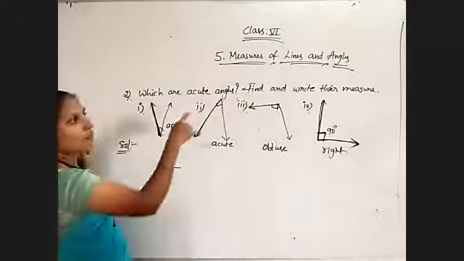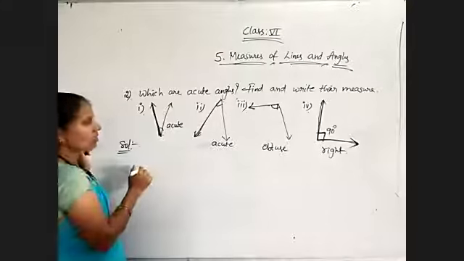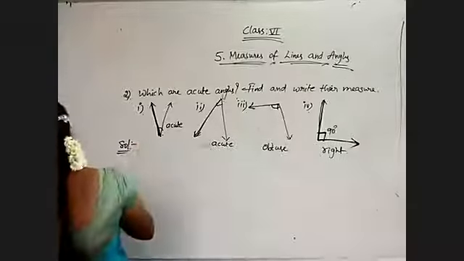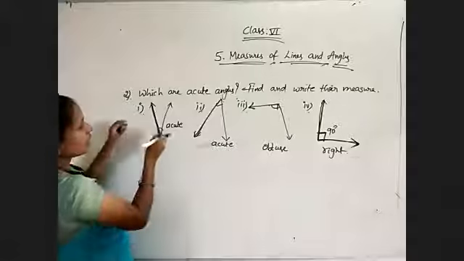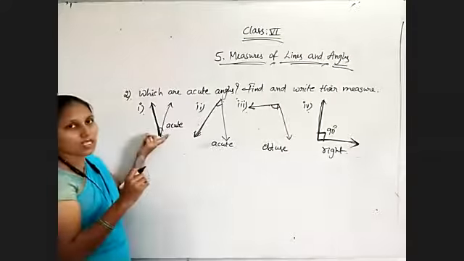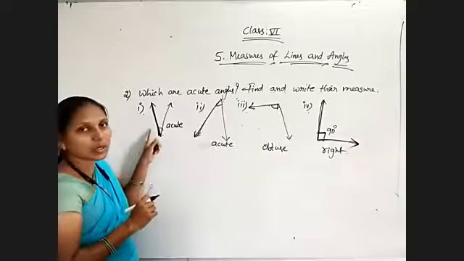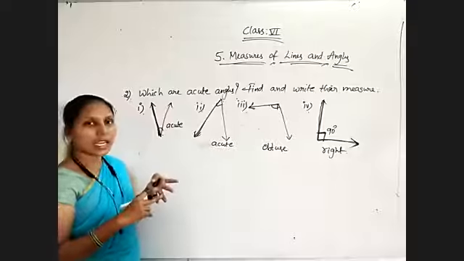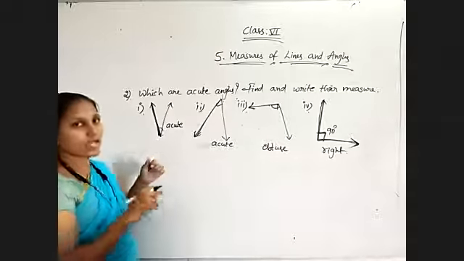Now find and write their measures also. For the first question, what is the measurement? Just observe, to find this measurement I am using the protractor. Without the protractor, I can't measure how much the measurement is. I can say it is acute or obtuse, but I can't say how much. An acute angle means any number from 1 to 89. Which number is that one? We don't know. For that, we have to measure.